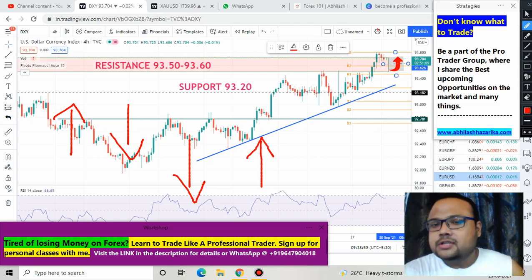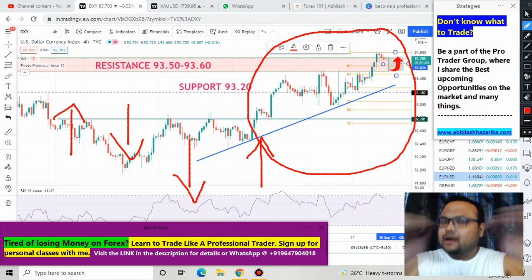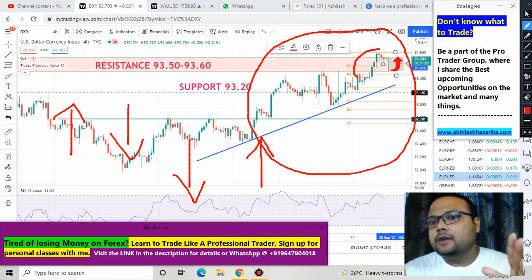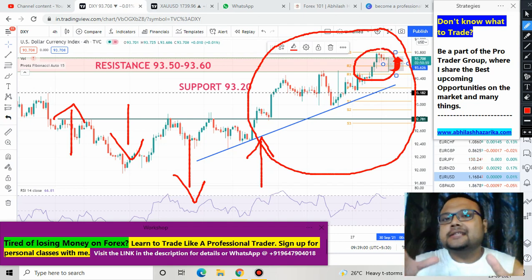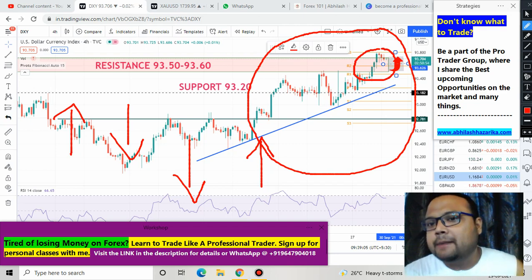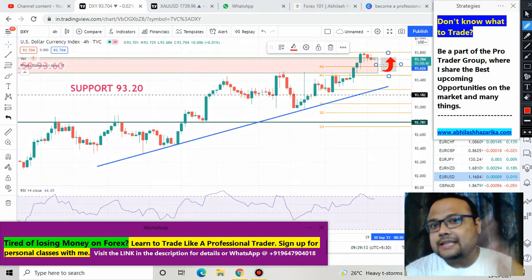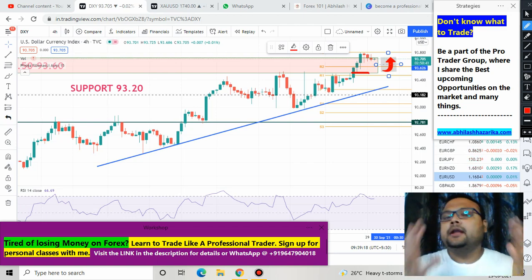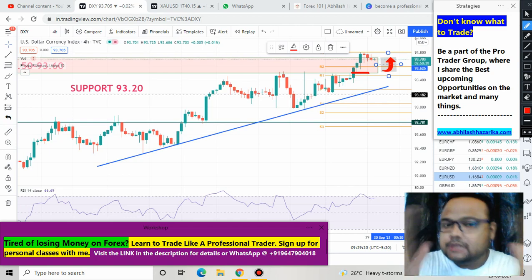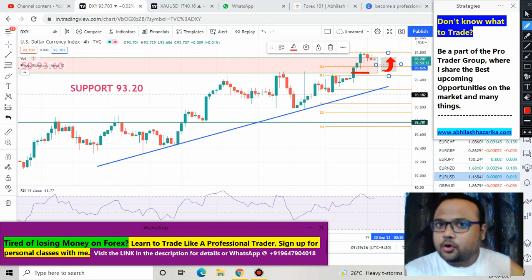So right now, if you just observe the chart of the US dollar here, you can see that after this huge up move yesterday, it is still retracing near the resistance, but the overall setup is still very much bullish and there is a possibility of going up from here. In case it starts coming down, then definitely it will be getting support from this particular level, and it has a good possibility of going towards the upside. Just mind it, if the dollar starts going up again, then definitely gold will be going down.